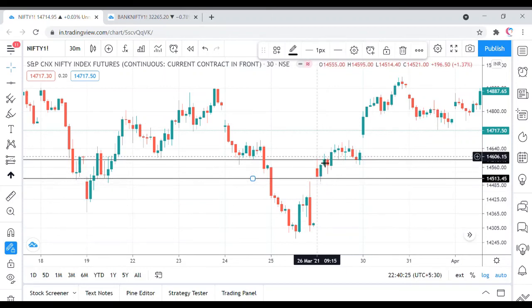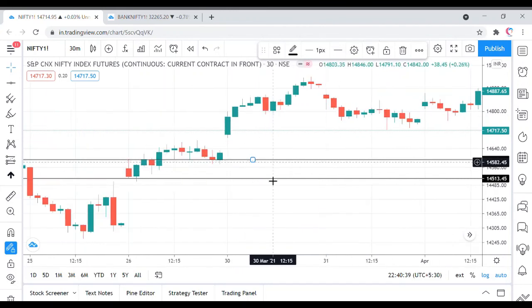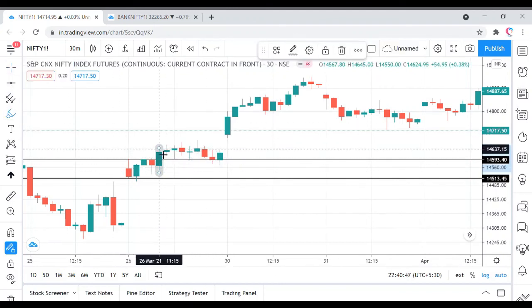On the third candle, the high was also broken, but you can see it didn't close above the high. So here on the fourth candle, when it closed above the high, we would have gone long at